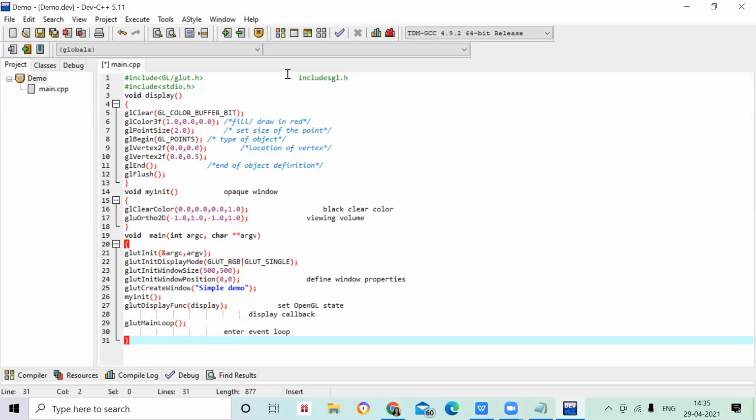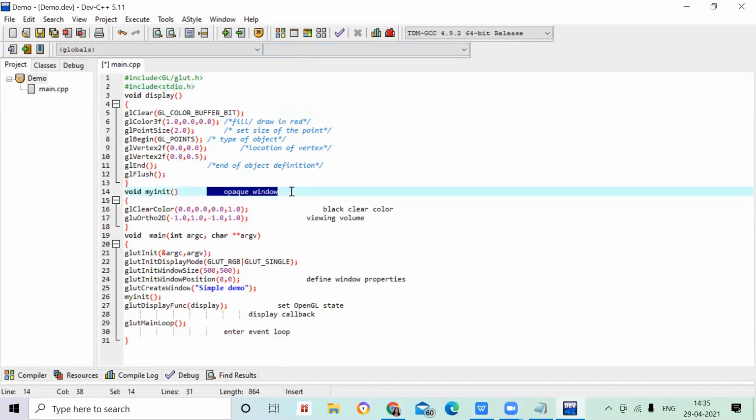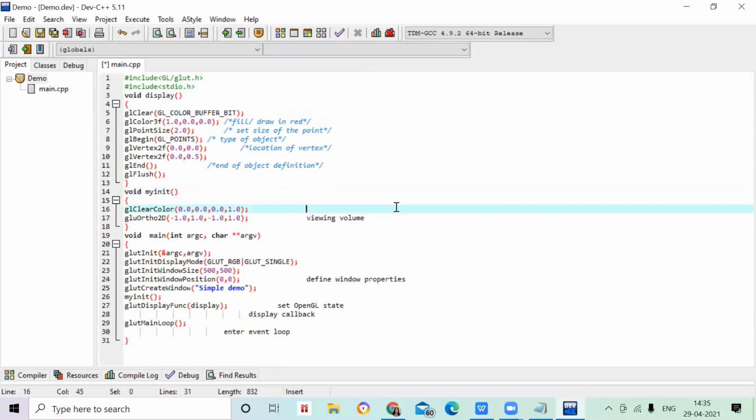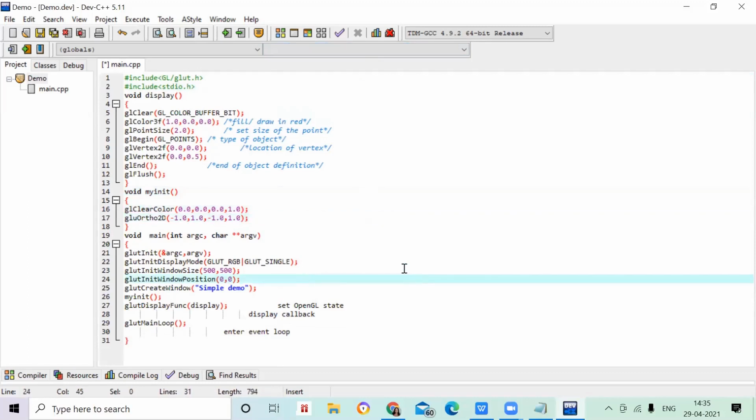Some command lines are here which are not necessary, so I'll delete them. This is your program. Don't worry about the explanation of the program. Let's see how to run the program first, then slowly you can understand its meaning.